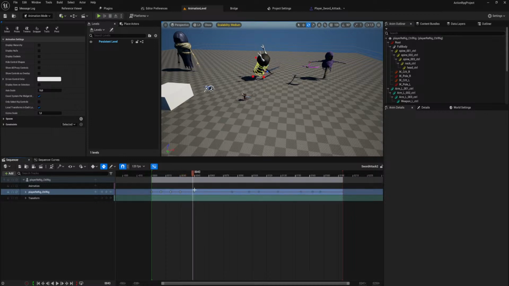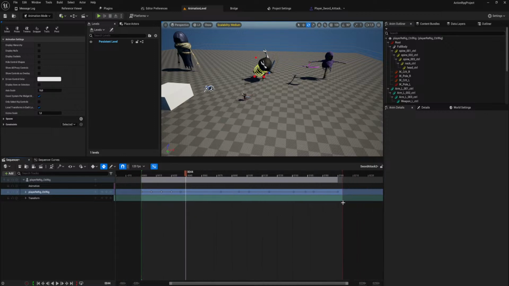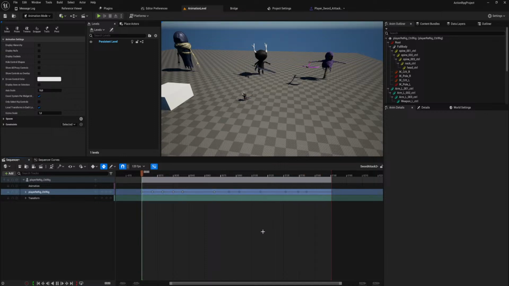So let's make the swing here a fair bit faster after all. Not as fast as it was. Still a little bit slower, but faster than it is now. See what that looks like. And you see that is effectively instant still.